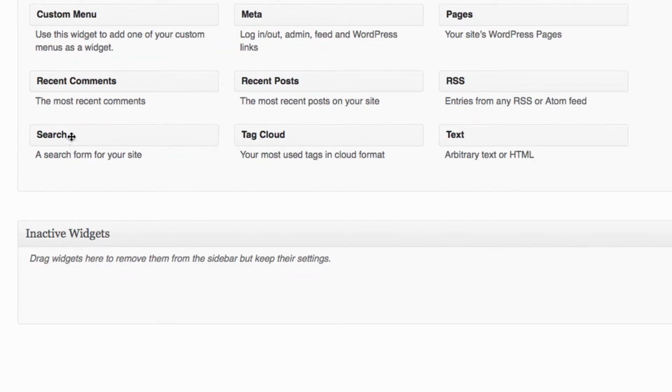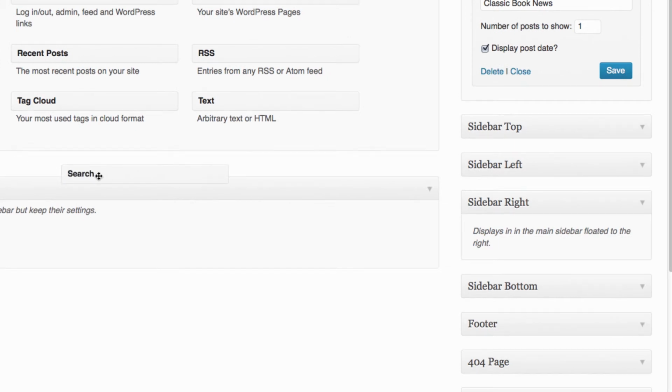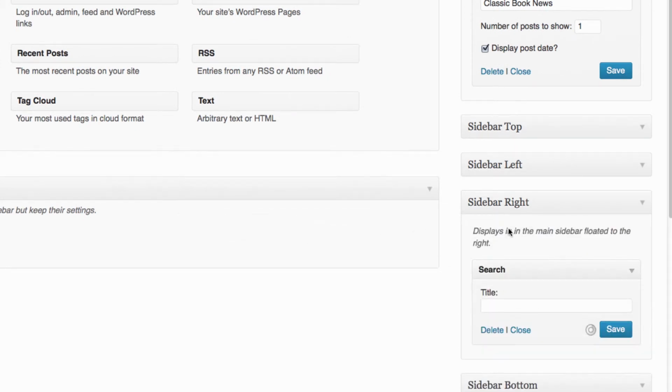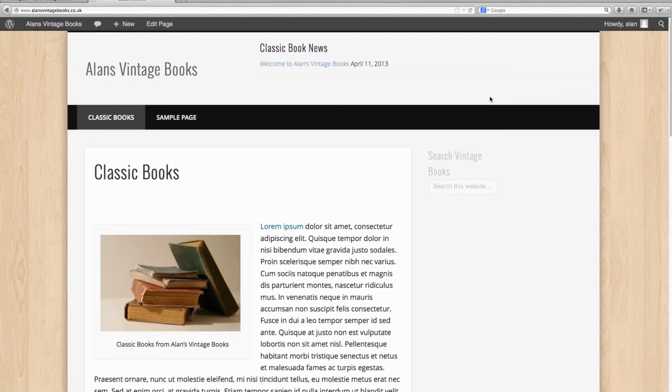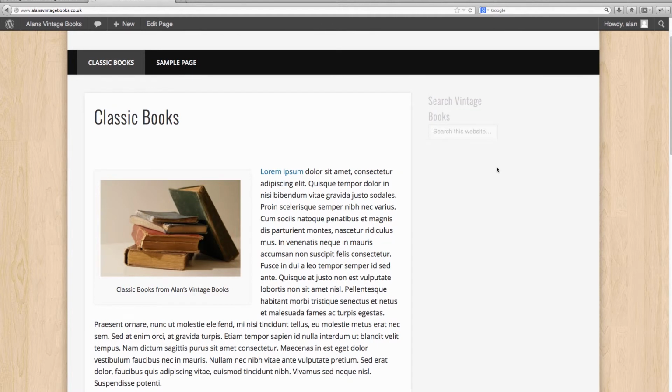In this case, we want to add the search functionality. So we select the search and we drag it across and we drop it into the area we want it to be. We then say search vintage books. Click on save, and now if we go back to our website and we refresh again, you will see we now have a sidebar here that has the ability to search for the vintage books so people can search the